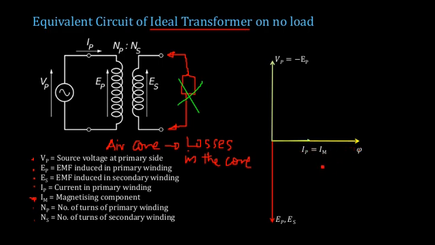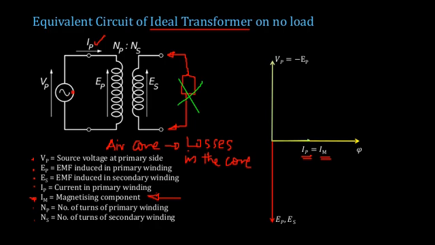Now, once the flux is produced, some flux will be produced due to some current that is flowing in the winding. We have already said that this is equal to the primary current, but we call that particular current which produces a flux the magnetizing component, which produces some magnetization effect in the transformer. Such a current is known as the magnetizing component of the primary current, or Im. So in this case, Im is equal to Ip.